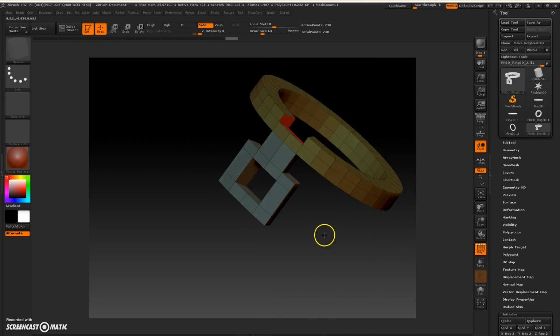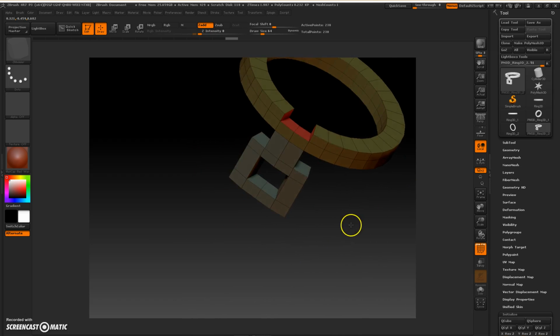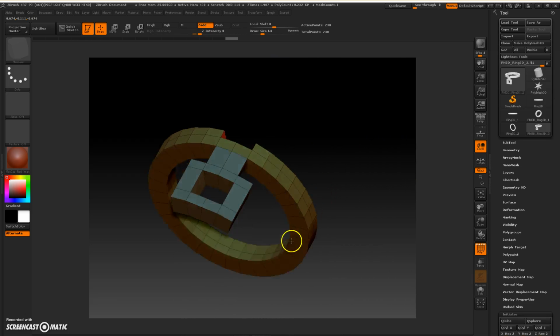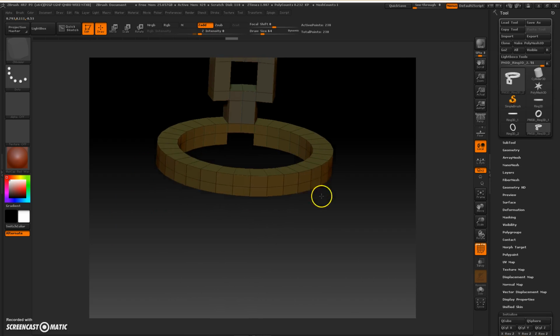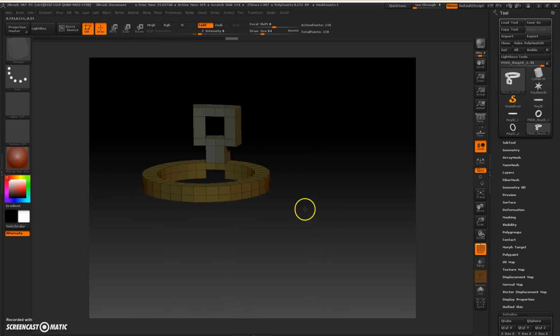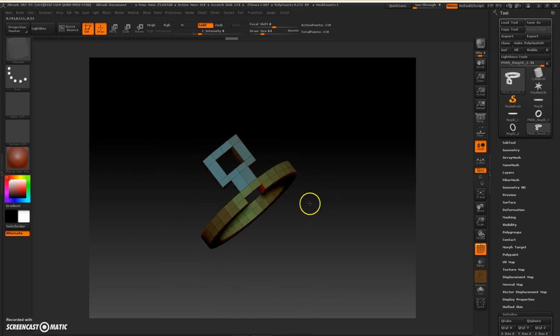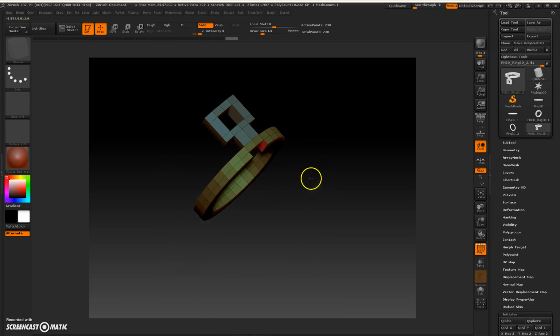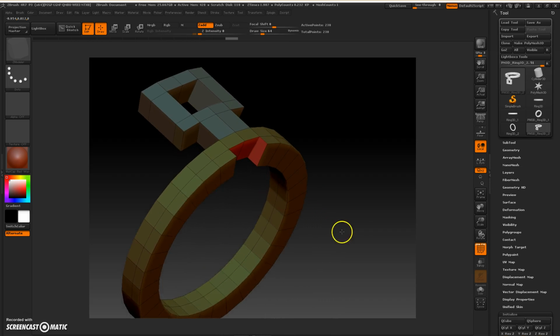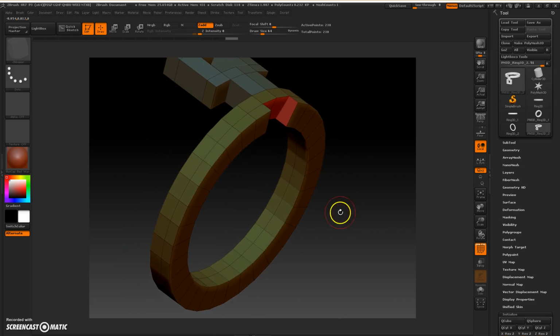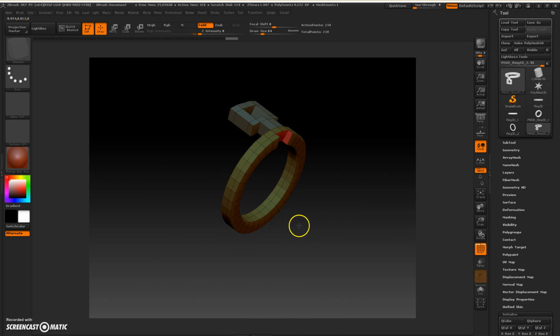So now I just put a little nick in there. I don't know if that looks good or not. It's something. Okay. I don't know what I'm making here. All right. Now let's go ahead and I'm just going to, I don't know, make more with this. So let's just go ahead and on this side, I will